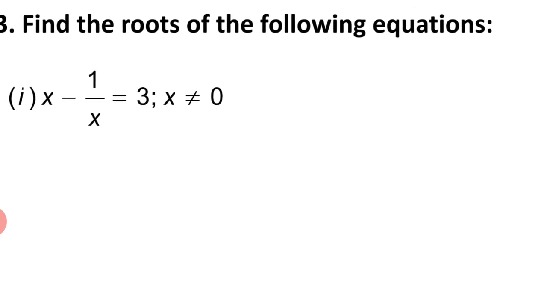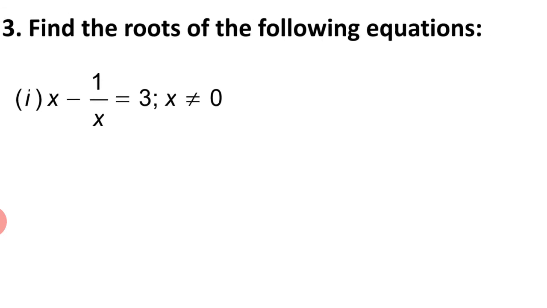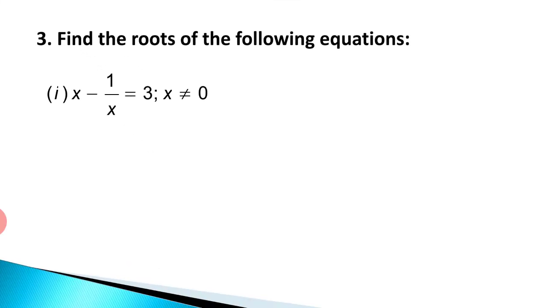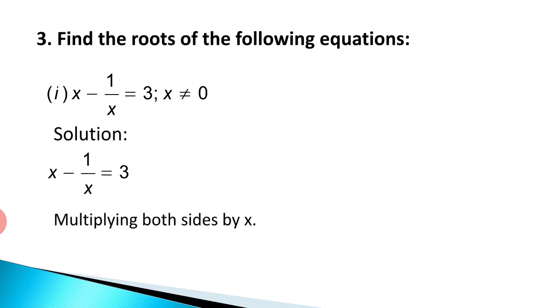When we say x can have any value, which value is forbidden or which value is not allowed? That is 0. So x cannot be equal to 0. Are you getting? So let us find out now solution for this particular equation. So we simplify this equation. So we rewrite the equation as we want to get rid of denominator. We multiply both sides by x. So after multiplying x, we get x into x square minus 1 upon x into x. It will be 1 is equal to 3x. Now rearranging. So x square minus 3x minus 1 is equal to 0.